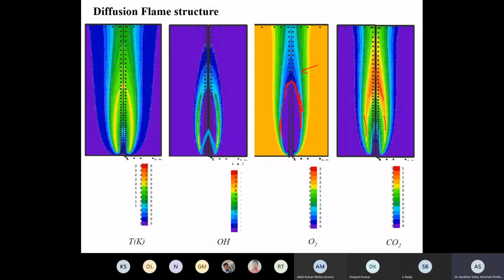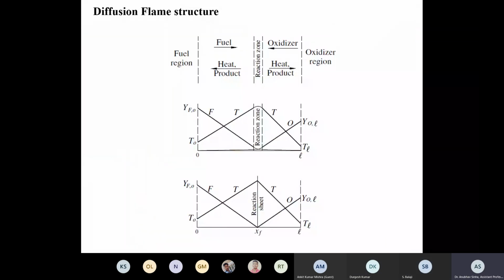Okay. Let us now look at a different perspective. Look at the first plot. Don't look at everything at once. So this is what we're talking about, right? We have a fuel region, we have an oxidizer region, and this is the reaction zone where the flame surface is sitting, where reaction happens. So fuel is getting inside, oxidizer is getting inside, and then they burn. Once they burn, then heat and product diffuse to both the sides.